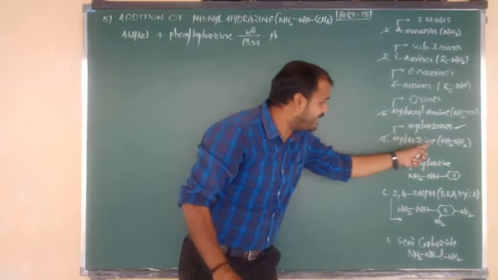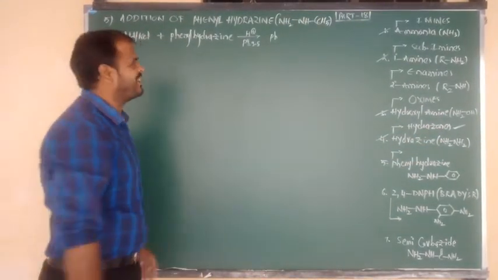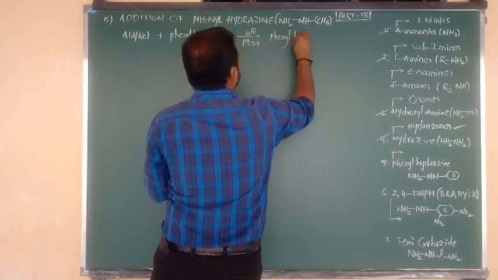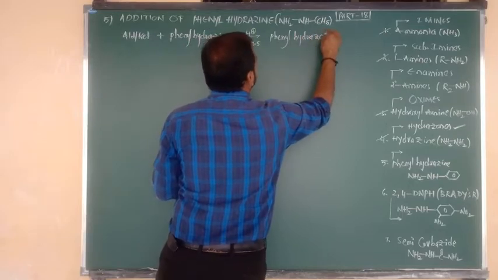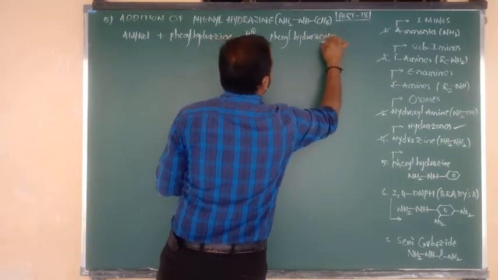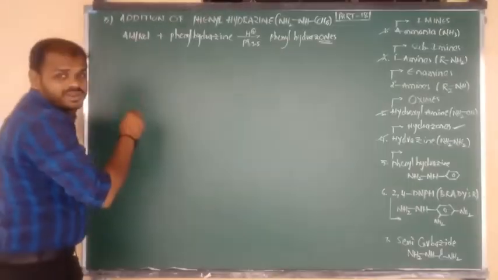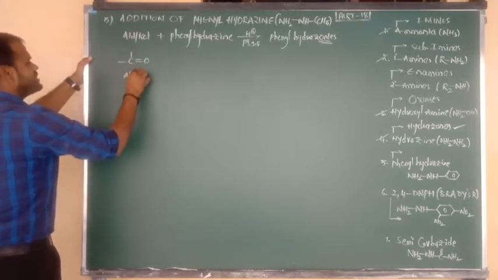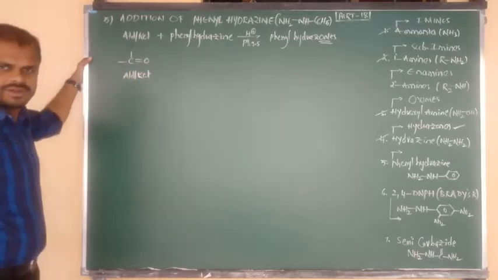Just the INE has to be changed into ONE. The story is clear now. So phenyl hydrazine is converted into the product whose name is what, beta? Phenyl hydrazone. Okay, I am going to show you the reaction now. So what is the functional group of aldehydes and ketones? Carbonyl functional group. This is the formula of the carbonyl functional group, common for aldehydes and ketones.